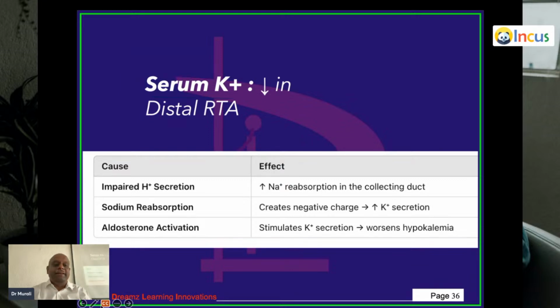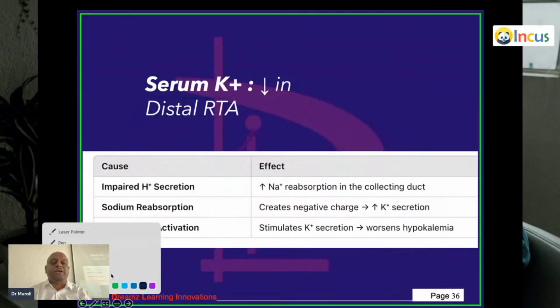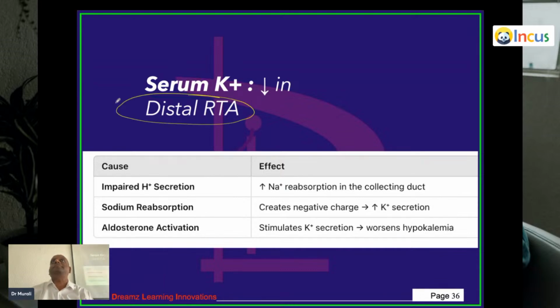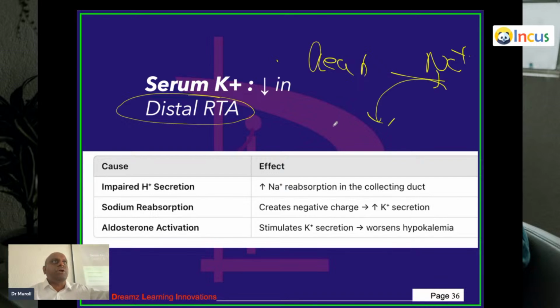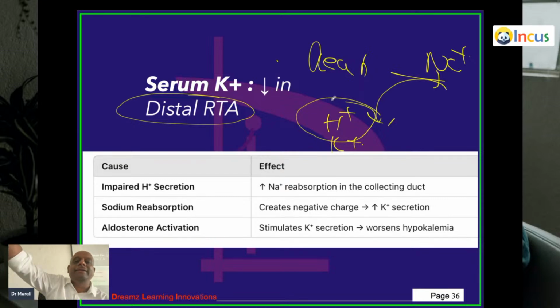Now, doctor, serum potassium level in distal renal tubular acidosis diminishes. What is the story? Why does it happen? So typically in a distal RTA, H plus secretion is impaired. And what did we study earlier? Reabsorption of sodium in the collecting duct is linked with excretion of H plus and potassium into urine. If H plus is not secreted, sodium is not